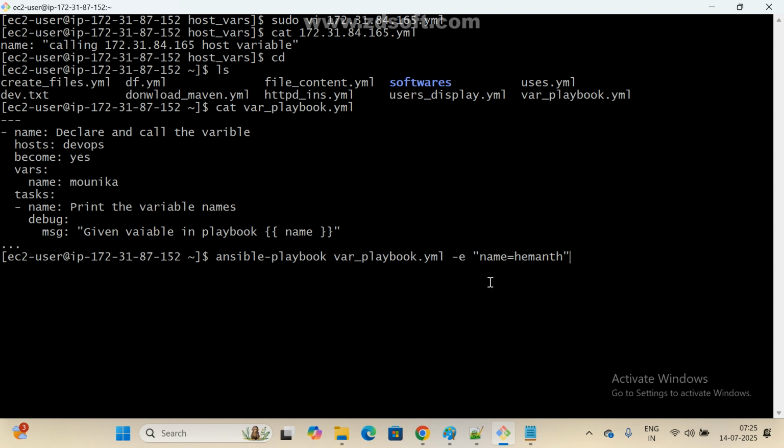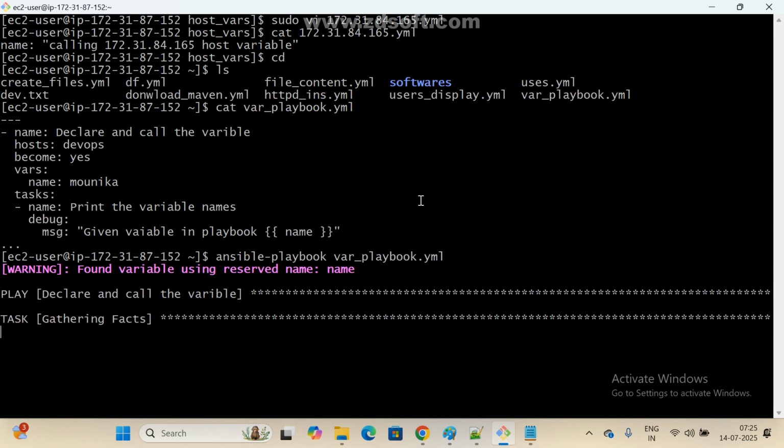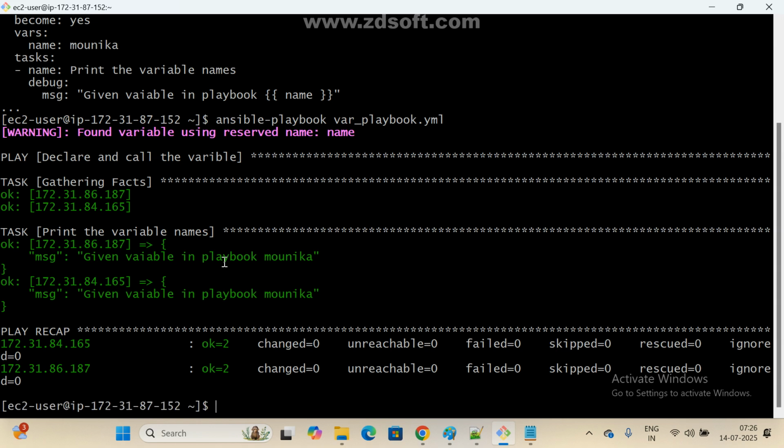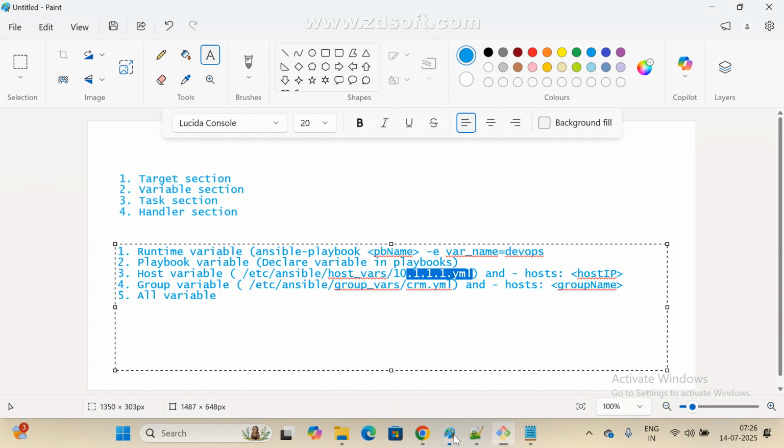See here, now I am not passing any runtime variable, just running. If I run, which variable is it calling? Now check it. By default, it is calling the playbook variable. So here also I note: first preference runtime variables. If you are not passing a runtime variable, next preference playbook variable. If this is also not available, then it is calling